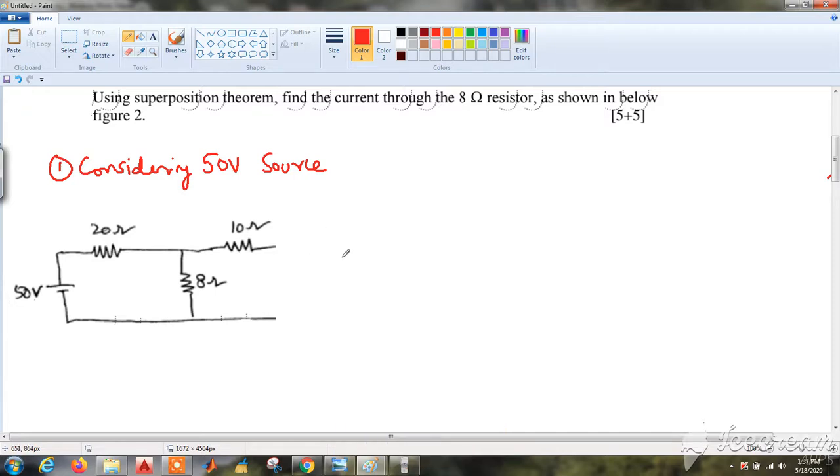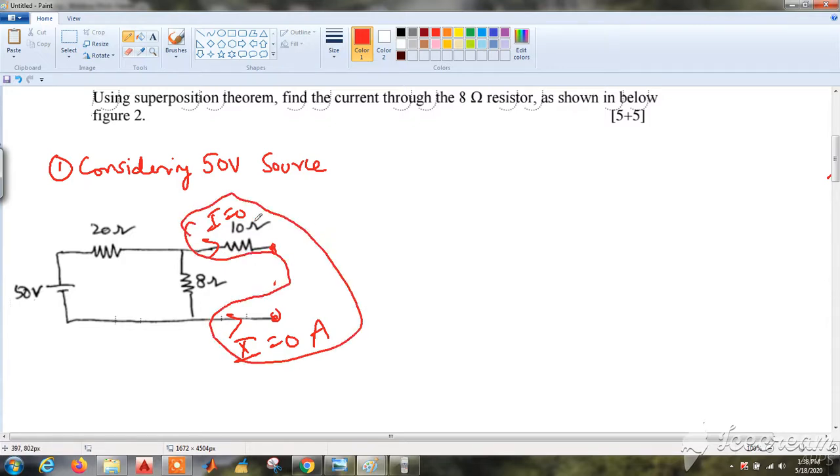Now when we opened it, there is no use of these resistances and this wire, because the current flowing here is now 0 amperes, and here also. Why 0 amperes? Because it is open circuited and no current can flow since there is no connection. So we can remove this also, and there is no use of it now.